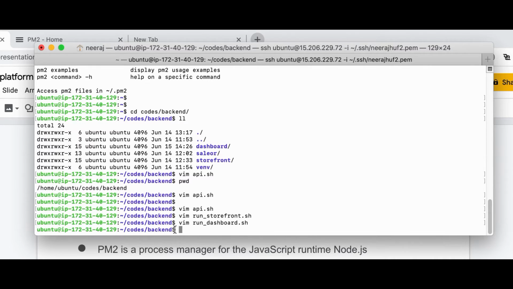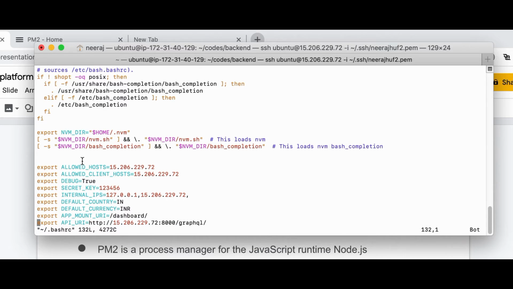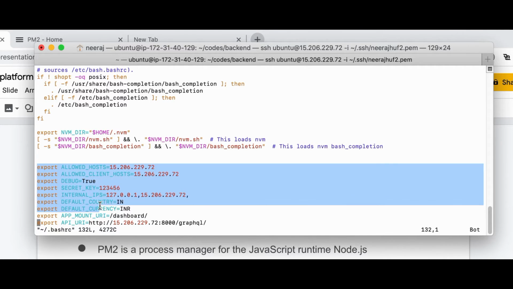Here one important point to be noted: in all of these, our API server or Saleor Core, storefront and dashboard, we have not exported all the variables which are required in order to run them. So in order to avoid exporting variables every time, what I have done is added our variables into the bashrc file.